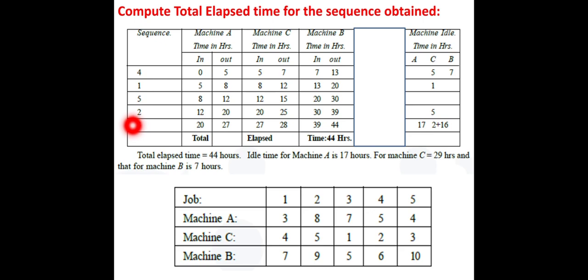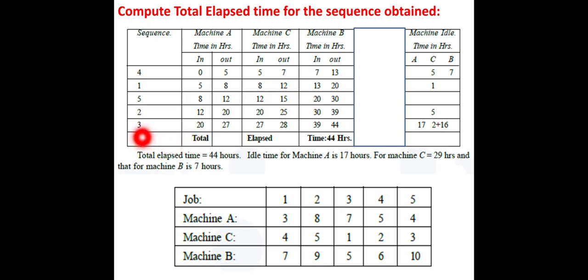So the next sequence job is 2, so 12 plus 8 which is added here, 20. So 20 and 15 are compared, 20 is maximum, so 20 is taken here. So now if you see, at the 15th hour machine C is free, but it receives the job at the 20th hour, so 20 minus 15, 5 hours is the idle time for machine C. In this way you need to calculate the idle time, dear friends. So 25 and 30 are compared, 30 is maximum, so 30 is taken here, so plus 9 is added of job 2, that is the processing time on machine B, so 39, so it is over.